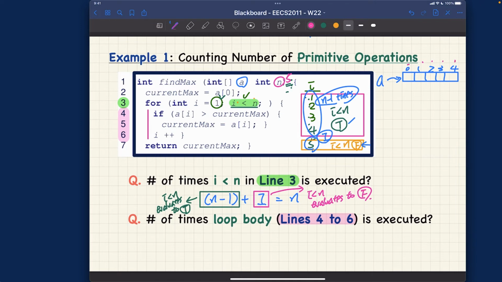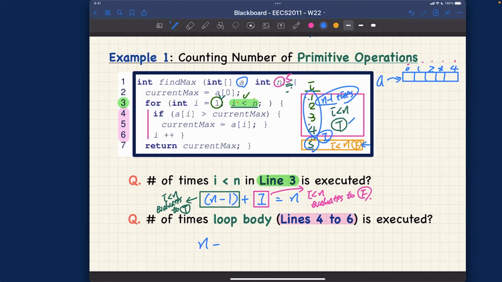So what about question number 2? How many times will the loop body from line number 4 to line number 6 be executed? Well, this one here will just be whatever this value is, minus 1. Why minus 1? Exactly the 1 over here, because when the very final time this particular Boolean condition evaluates to false, we are not going to execute the body of the loop anymore, right? Because we should exit. If this condition never evaluates to false, what does that mean? That means you got an infinite loop, okay? Of course, we're assuming that you don't have any break statement, for example, right? It's not a very good practice in terms of software engineering. But anyway, all right. So this will just be n minus 1,